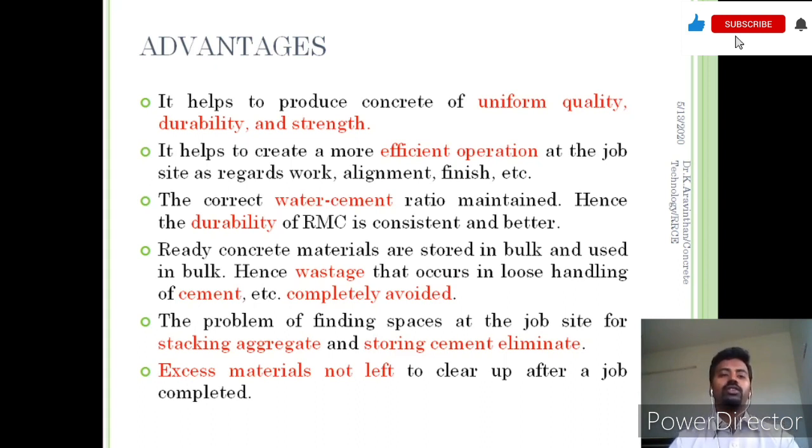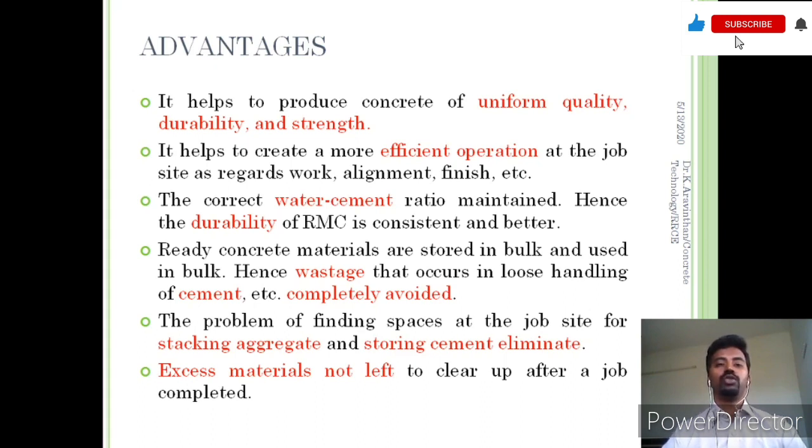And for mass concrete, if you are going for a very big structure and the concrete requirement is more than 100 or 200 m3, it is very advantageous and cost effective to go for a ready mix concrete. Also regarding the mixing operation, the mixing blades and the time, the controlled environment can be achieved by using the ready mix plant. That is why it gives a better strength and durability in the fresh state of a concrete. And the operation of the work is most efficient.